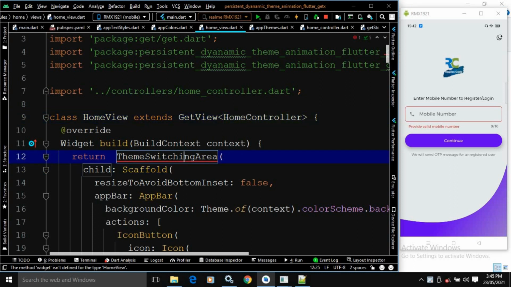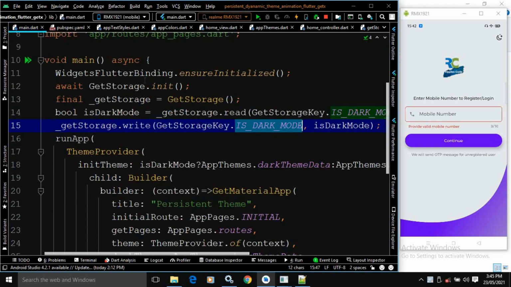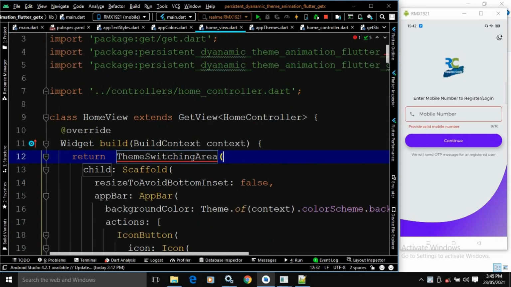Now let me import the package. This is actually provided by the animated theme switcher. If you remember this animated theme switcher, this class is provided by that particular package. So let me import this.